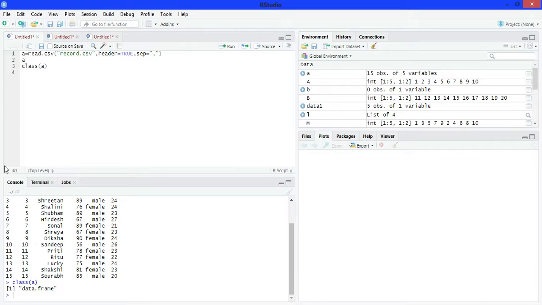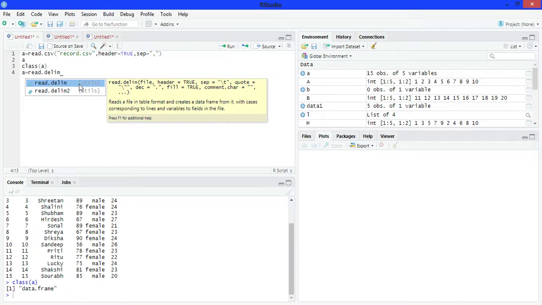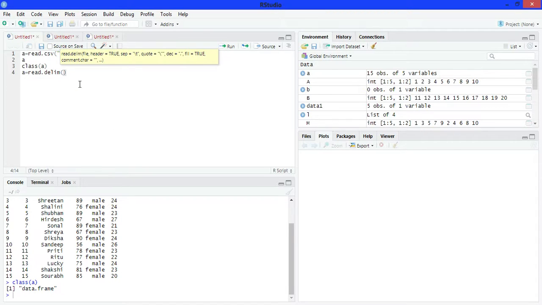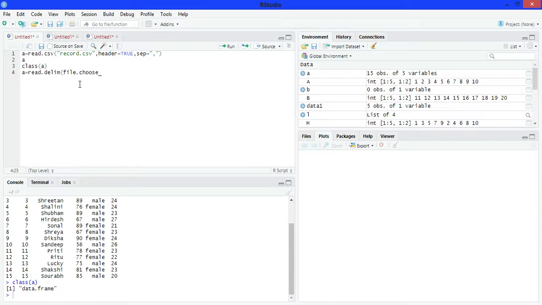Now we can also read this CSV file using read.delim function. See, a is equals to read.delim, write here file dot choose and write here header is equals to true.